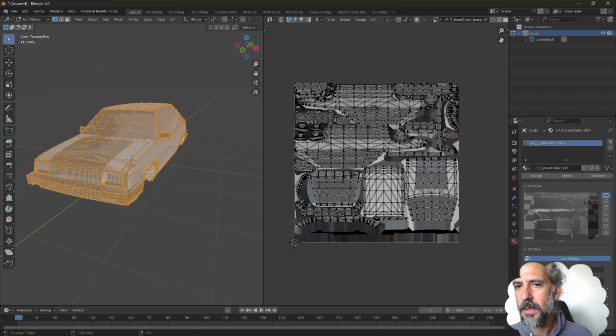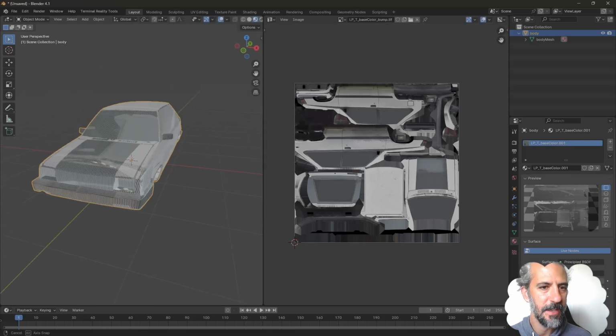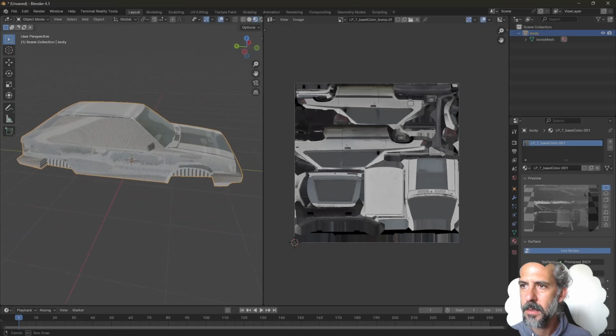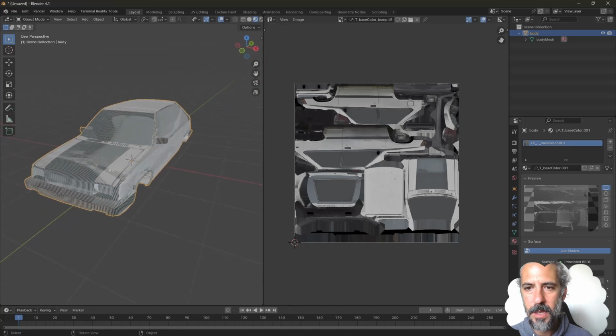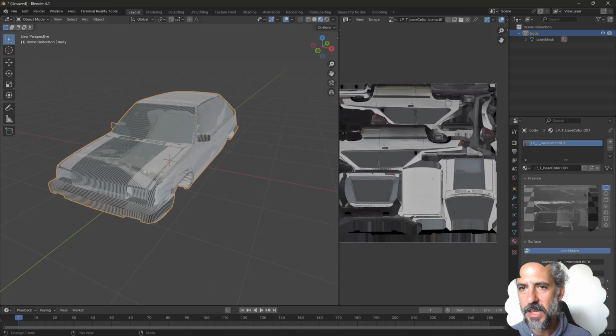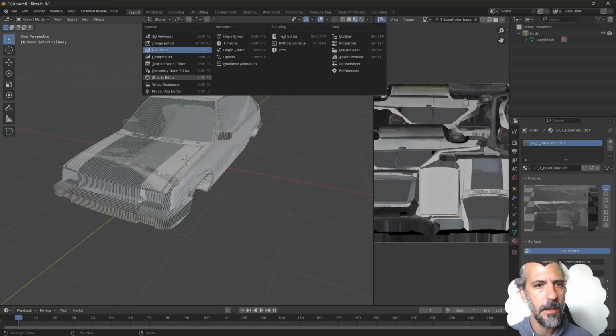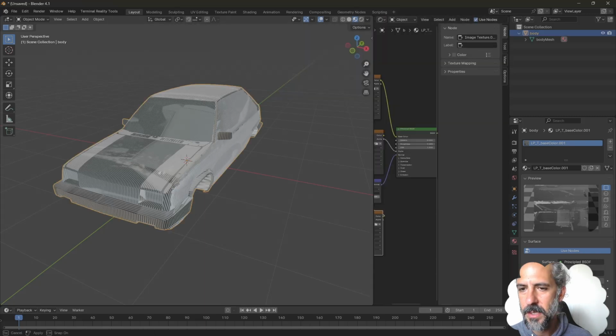So that's great. We don't need to do anything over here. All the mapping and everything is preserved. So we should be ready to get this thing into the game if we are lucky. So Tab again takes you out of edit mode over here. And then this window was just for checking your materials and stuff. So now that we've got this all set, now that our shader editor is looking good for all this stuff